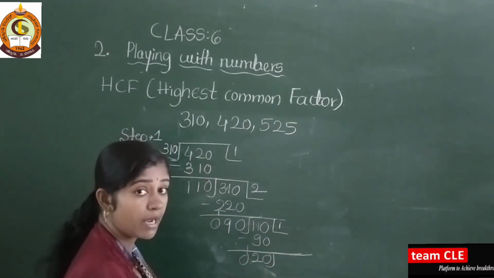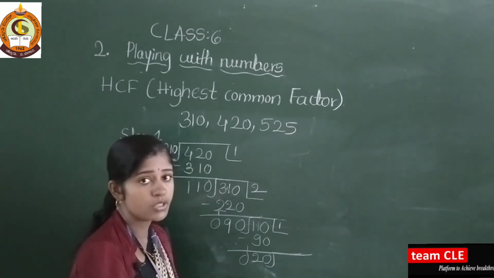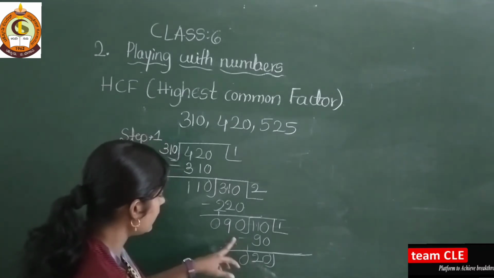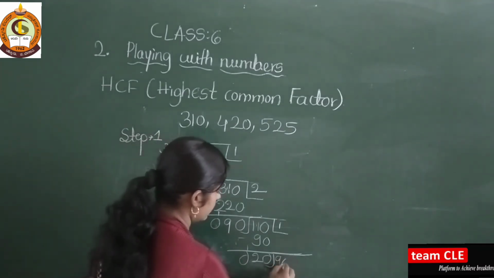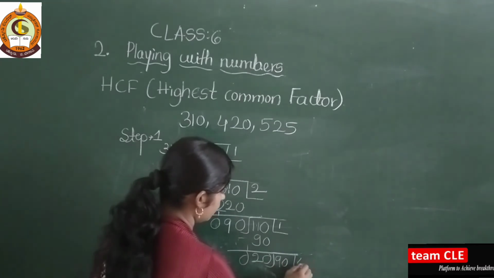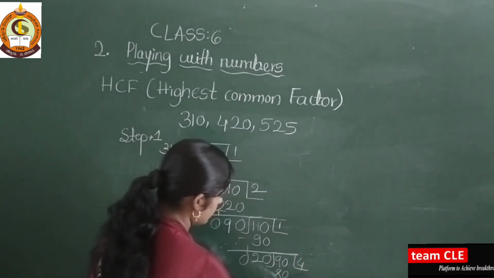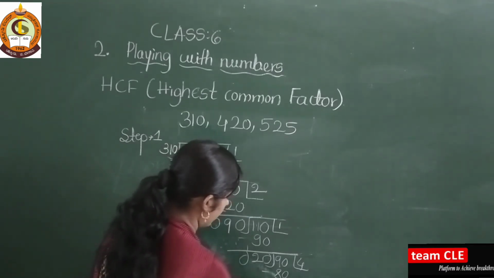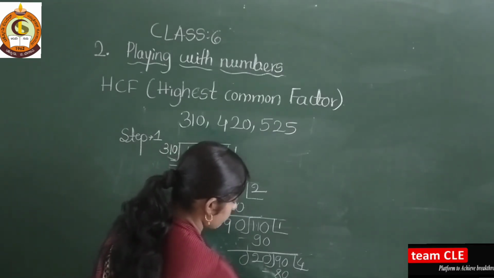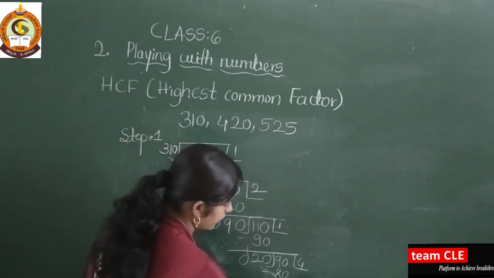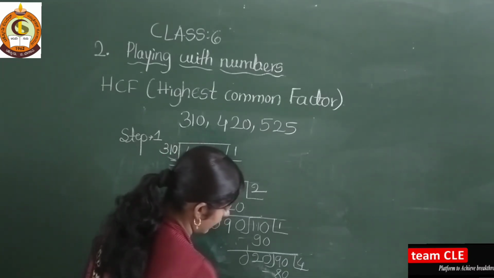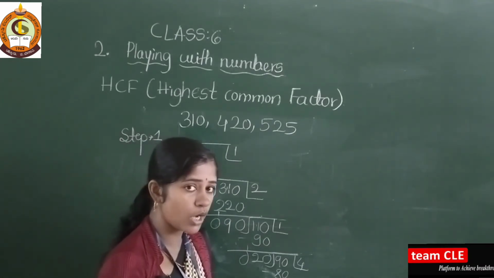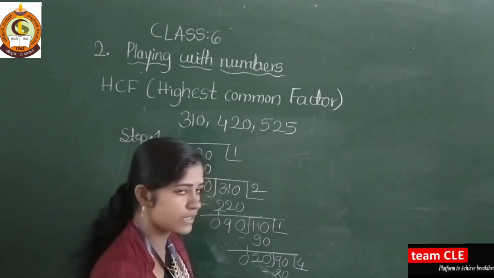Until you divide, you will not get a remainder of 0. You have to continue dividing the numbers. So 20 is there. Again I need to take this 90. So 20 4s are 80. Okay, so 0 minus 0, 9 minus 8 is 1. Again you divide with this 20. So how much will come here? See here, 10 2s are 20 and 0, 0. So finally here I got 0 as a remainder. So the HCF is 10.